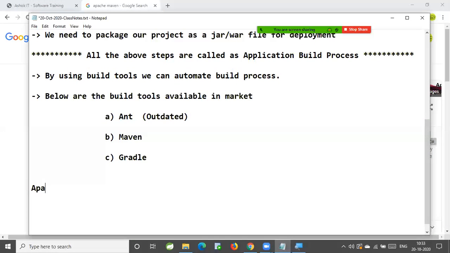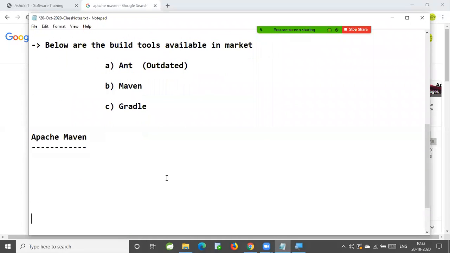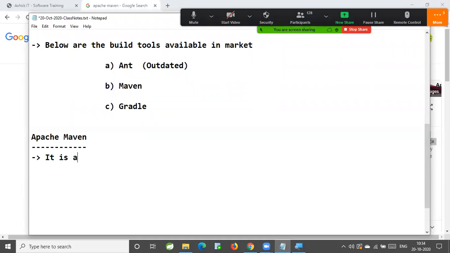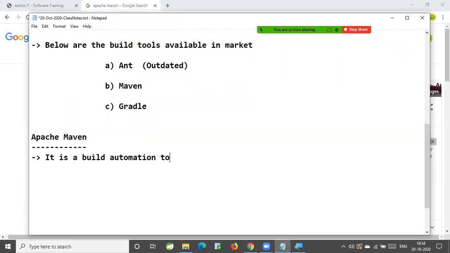Now, Apache Maven. Apache is the organization name. Maven is the project name. Apache Maven is a build automation tool.